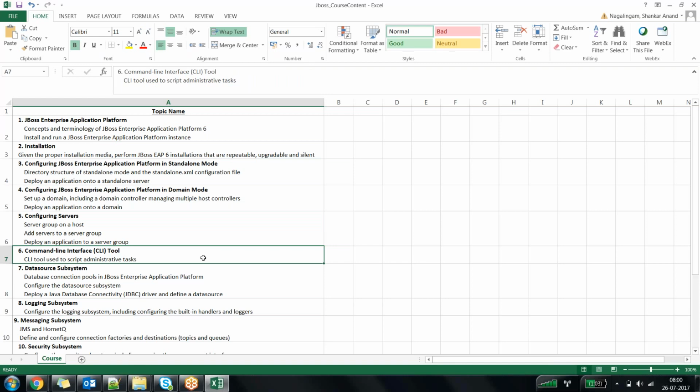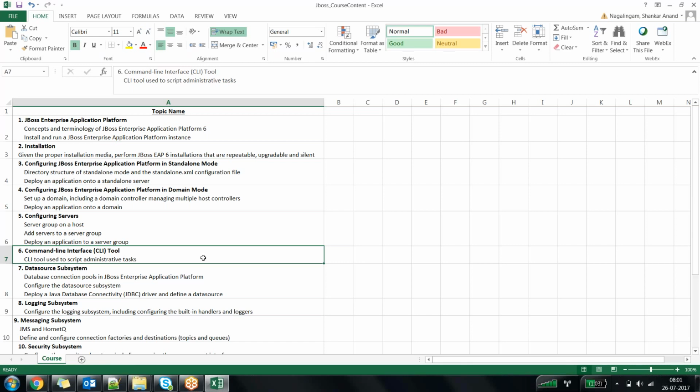Shiva, what is a CLI? Very simple. CLI is one of the ways of interacting or talking to the JBoss application server. For example, let's say that you want to come and talk to me. You can come for the 3 day session, which I generally do in Hyderabad, and meet me in person. We can do a Skype meeting. We can talk on WhatsApp. If you have my number, you can call me up. There are multiple ways of talking to me, multiple ways of interacting with me.